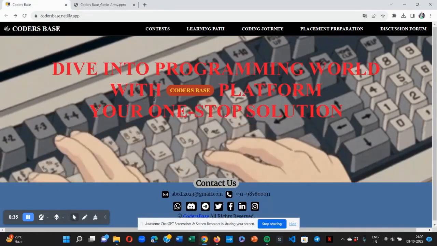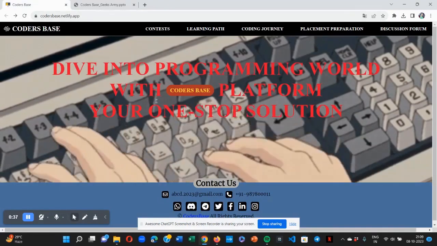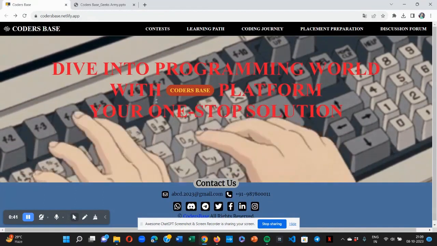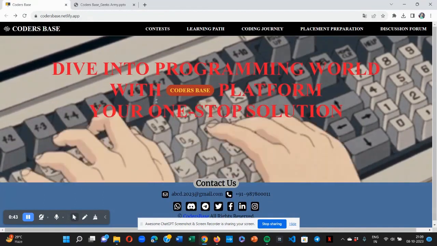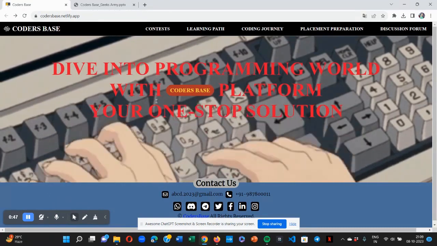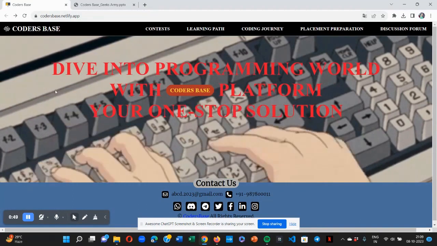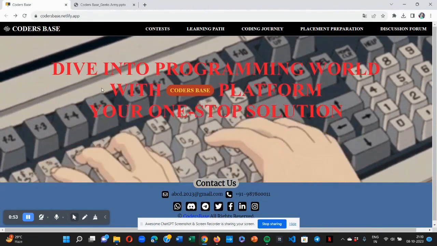So here we worked on the theme of open innovation and found a unique idea of creating a dashboard style platform exclusively for programmers and coding enthusiasts. Now let's have a look at our creatively designed web page. We used web development tech stacks like HTML, CSS, and JavaScript for carrying out the designing tasks.